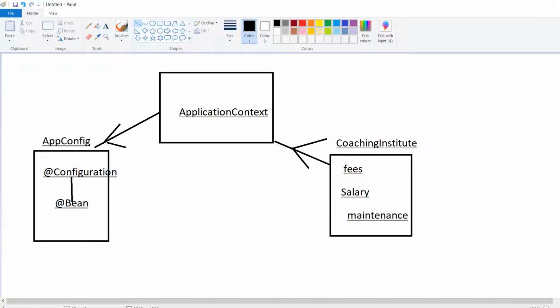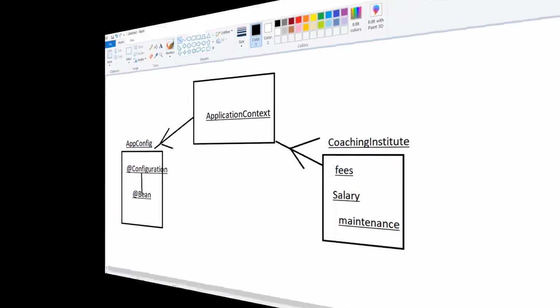First of all, I am going to write a Coaching Institute with the help of three different variables: fees, salary, and maintenance. After that, I am going to write a configuration file. Configuration file name will be appconfig. And here, with the help of @bean annotation, I will manage our business layer. Now, here application context will work as an IOC container which is going to manage my business layer and configuration file. Now whatever I have explained here, let's convert this into a real-time application.